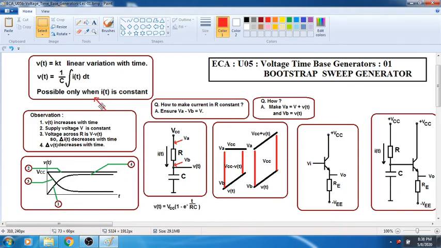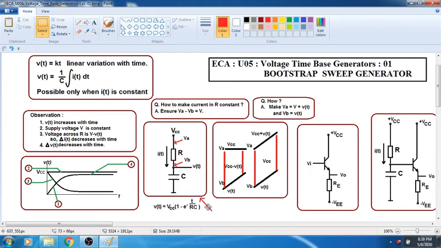Okay. Now what do we have in our hand? We have a capacitor. Now what did we learn about the capacitor till now? We learned that when a capacitor is connected to a supply voltage called VCC through a resistor R, then the voltage across the capacitor, which we are calling as V(t), will be increasing with time in this manner. That means the voltage across the capacitor V(t) will be equal to Vcc into 1 minus e to the power of minus t by RC, where RC is the time constant of this circuit.